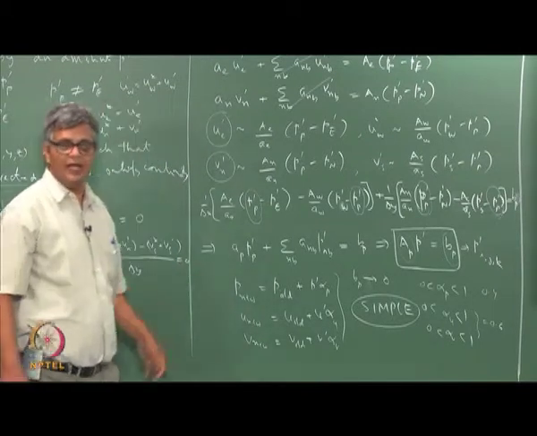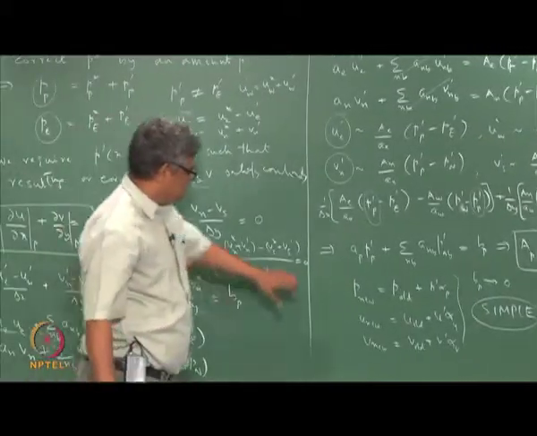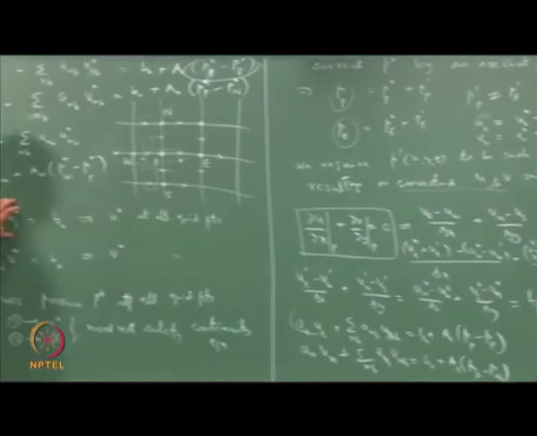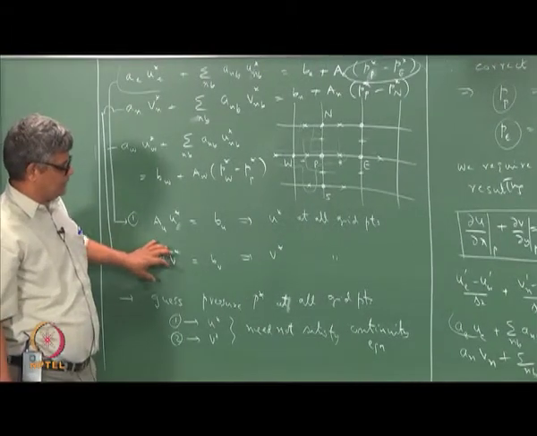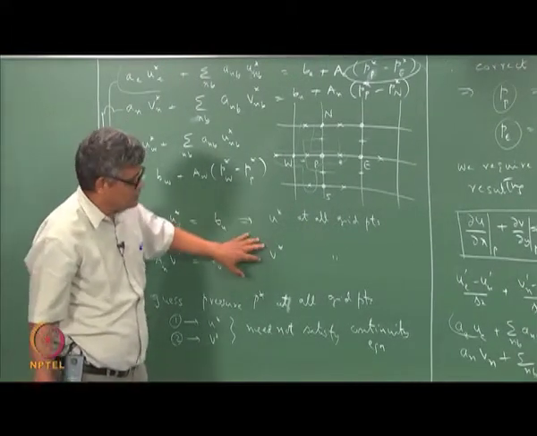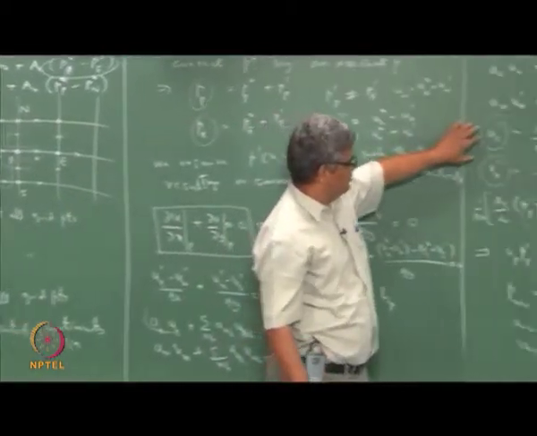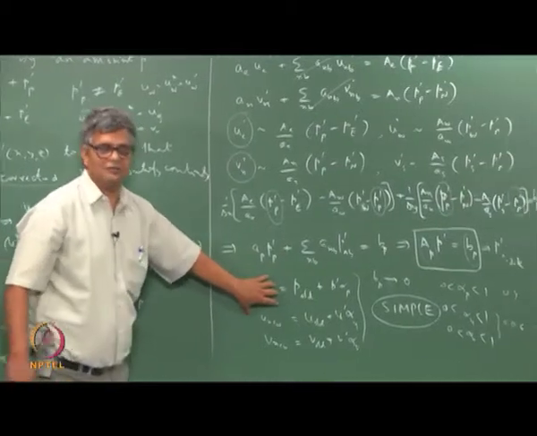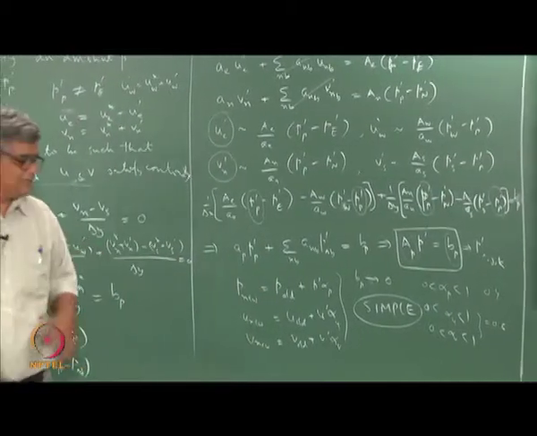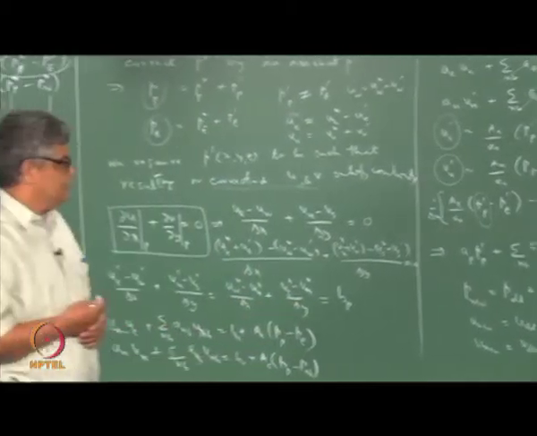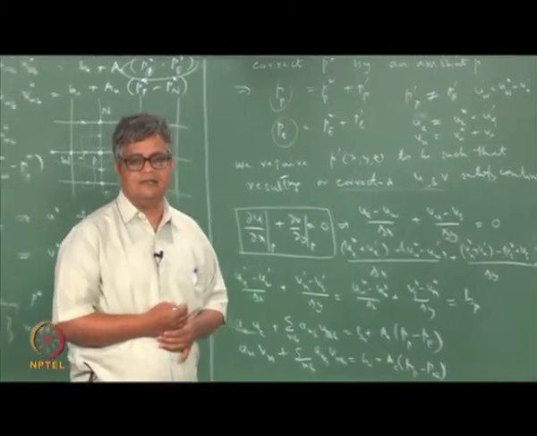and V at every grid point, and using these new values we can go back to the discretized x momentum and discretized y momentum equation and then get new values of u star and v star, and then new values of pressure correction, new values of velocity corrections, and then new, updated values. So we keep on doing this in a loop, and we should be getting a solution in many cases.